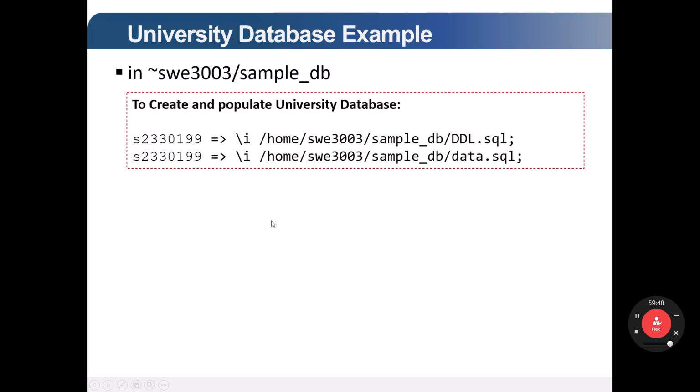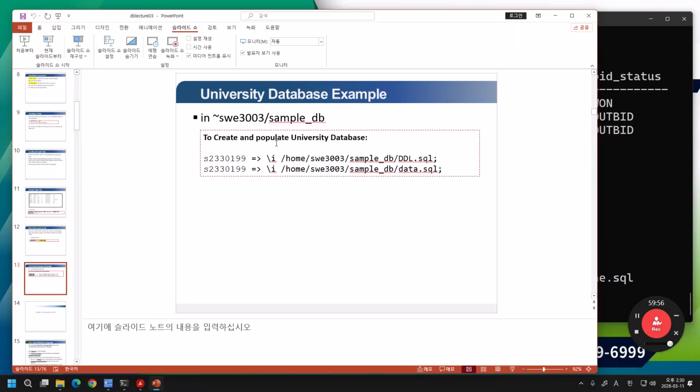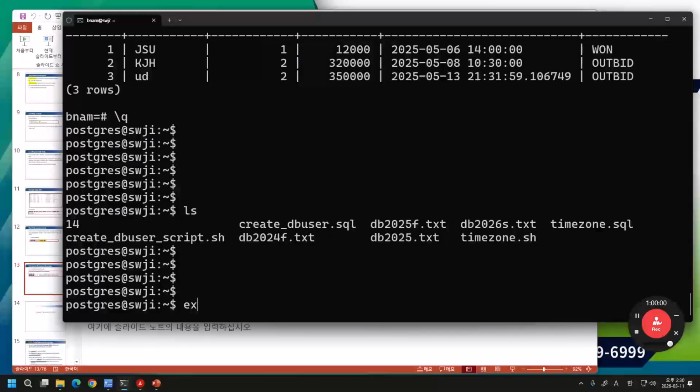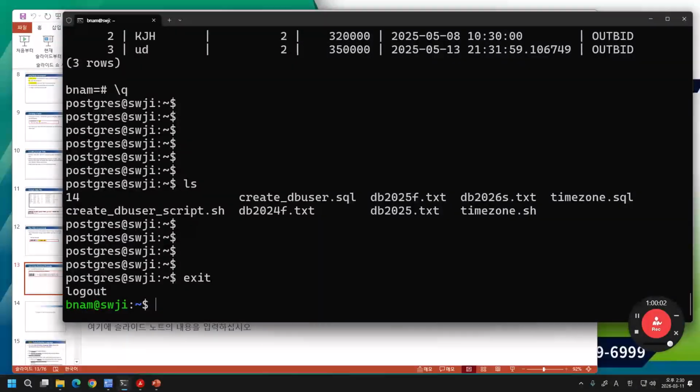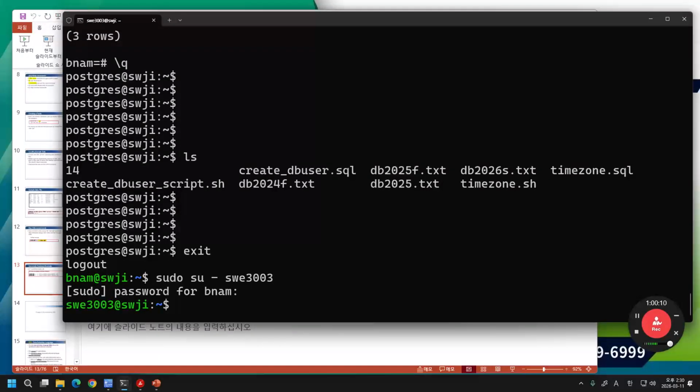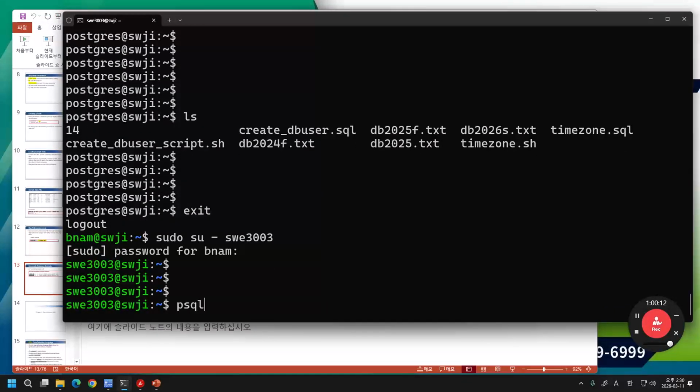Okay, now it's time to show you how you can prepare your own database tables. So once you log into your Linux account,